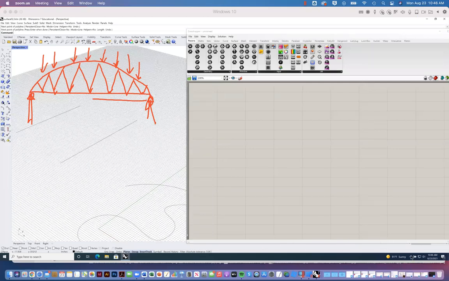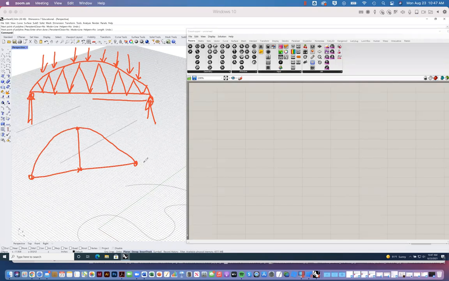Just going to go ahead and clear that out. Now that you sort of know what we're doing, right? Let's just think about this as a recipe. If I have a line, I can find a point along this line and draw a point upwards, right? And find the end point there. And then I can draw an arc between this point and this point. And now I have the bottom chord and the top chord of a truss with only a line as the